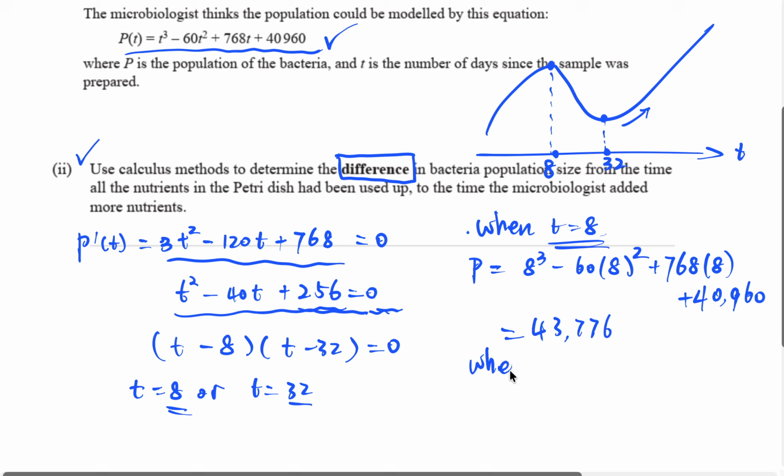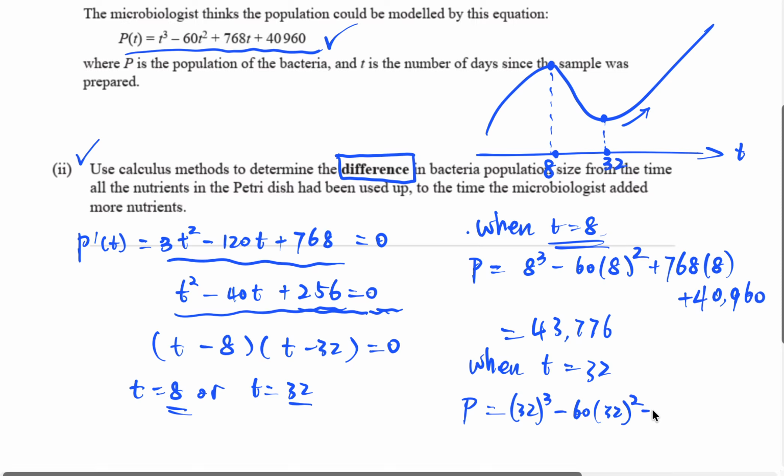And when t equals 32, the population p equals, substituting, 32 cubed minus 60 times 32 squared